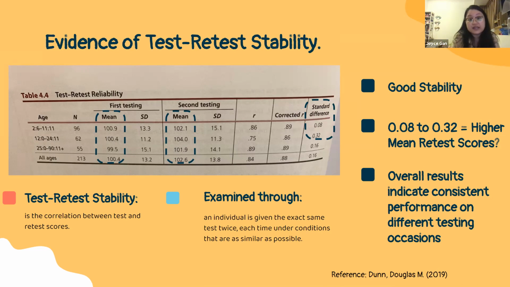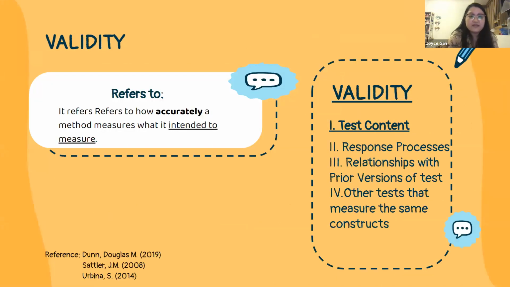Overall, results still indicate consistent performance on different testing occasions. Next slide, please. Validity refers to how accurately a method measures what it intended to measure. So the validity of a test is demonstrated by providing evidence to support the test interpretation and users. There are multiple sources of information required in the process of validating a test, each source representing a different aspect